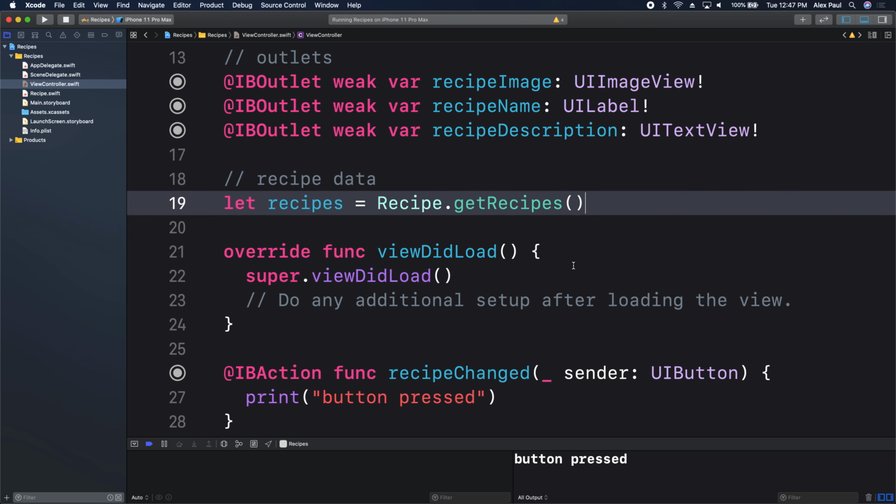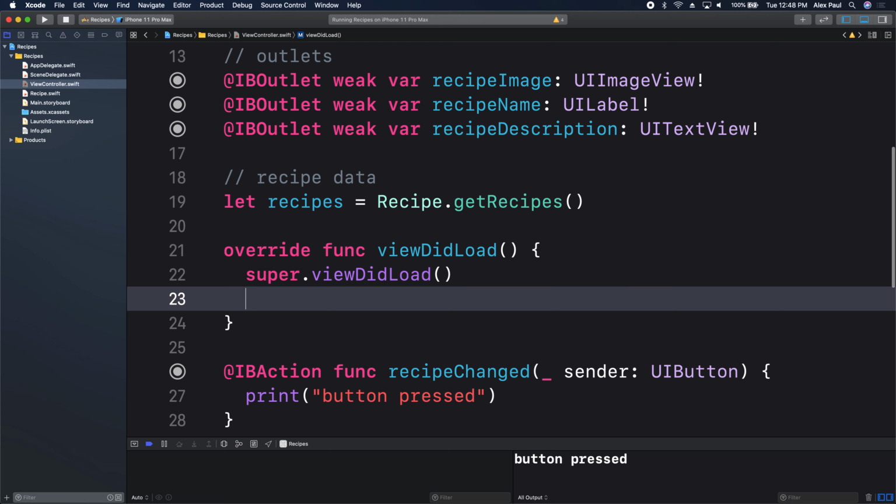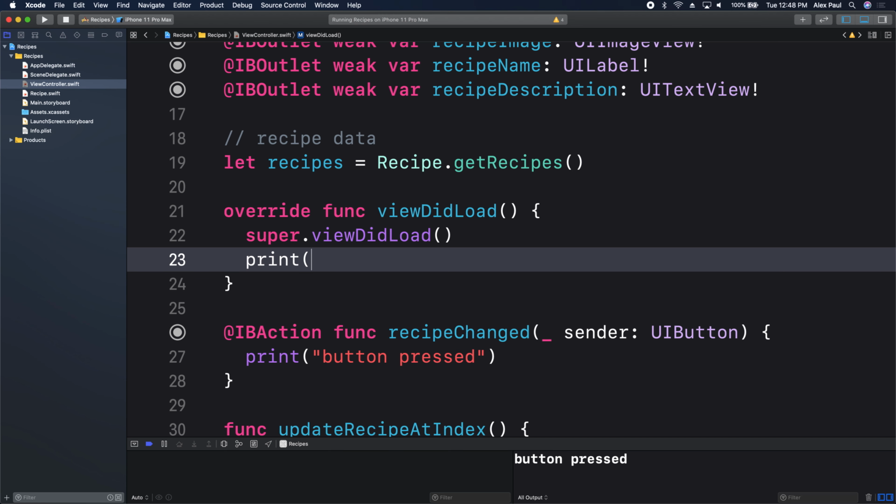Before we even move on, let's test if we do have recipes indeed. In our viewDidLoad, it's a good place to test that. viewDidLoad is that method that gets called the first time our screen comes up, right? We run our application, that first screen we see, viewDidLoad gets called. viewDidLoad says, hey, now I'm on screen, do whatever you want to do. In our case, I just want to simply say, how many recipes do I have? Right? So we'll write a simple print statement to say,